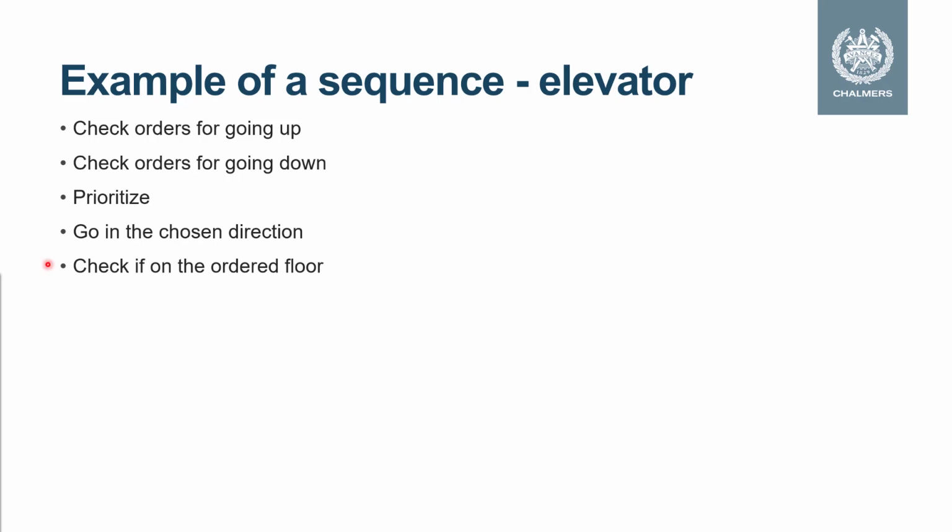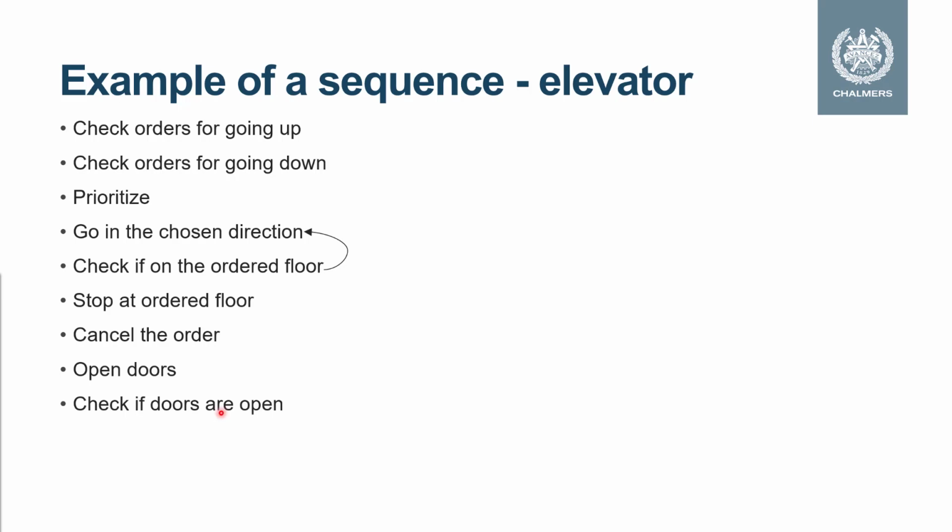While the elevator is moving, the program needs to check if the elevator has reached the ordered floor. While the elevator is not on the ordered floor, it should continue to go. When the elevator has arrived at the ordered floor, the elevator should stop and the order to that floor should be cancelled. Then the program needs to open the elevator doors, and the doors should continue to open until they're fully opened, which means that the program needs to check if the doors are open and continue to open them